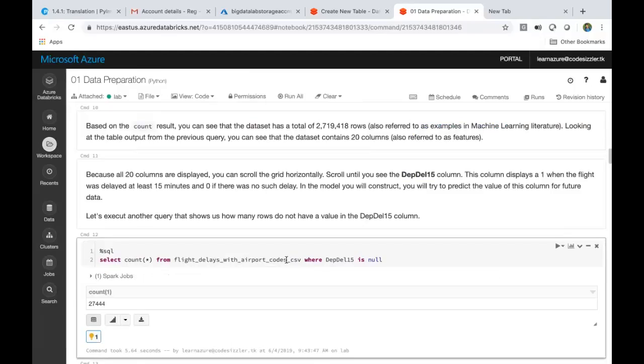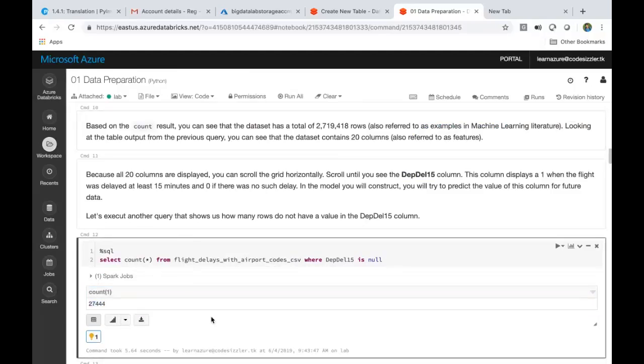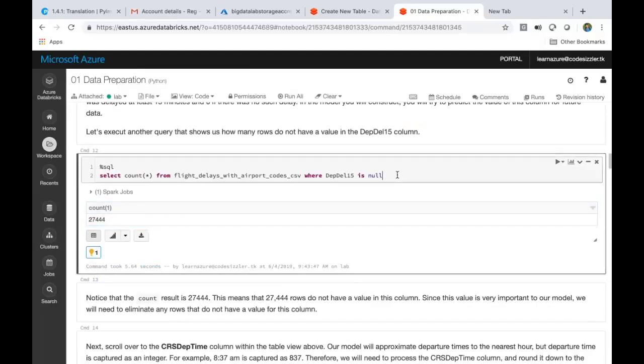So it is the duty of the data scientist to find out if he wants to predict this, whether it is really valuable to predict it or not. How can I say it? Because if you see here, there are 27,000 records which are missing. Out of 27 lakh records, 27,000 is okay to handle, around 1% of this data. So it's okay to remove it. It doesn't matter because 27,000 records out of 27 lakh is not much of a deal. We can remove it later on because we found that it is an issue here.